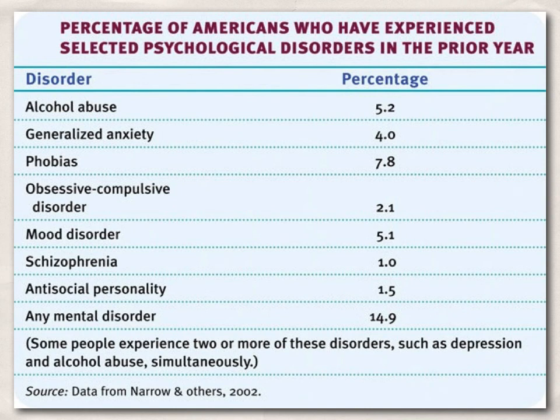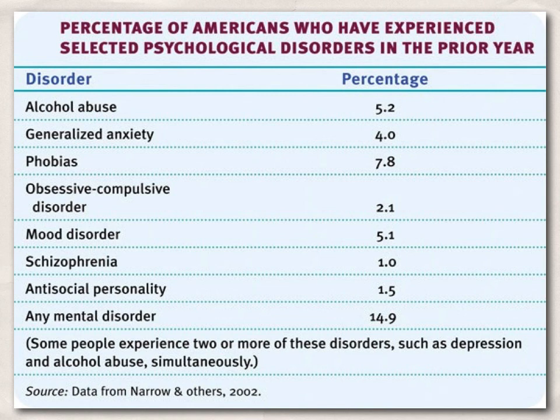This chart's a little dated, goes back to 2002, but it does show you a general spread of disorders. Alcohol, we didn't talk about addictions, but 5% of the population, that's probably low. Generalized anxiety disorder, 4%. Phobias, 8% of us have phobias. OCD affects at least 2% of the population. 5% for mood disorders. I think that's low as well. But of course,